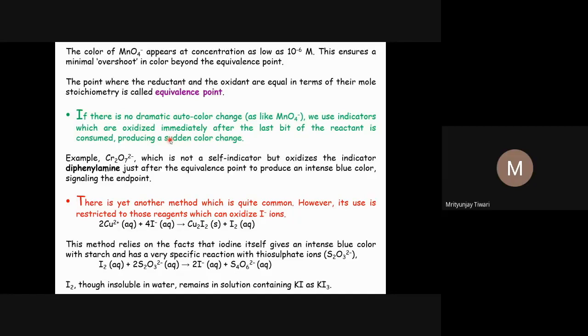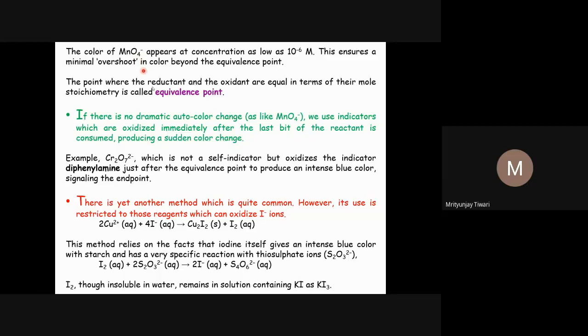Based on the color change, in the chemical transformation, certain reagents that we add are not the primary reactant. Initially, whatever reagent you add from the burette reacts with the primary reactant, and only with that reactant while it is present. Once that is completely consumed, like in the case of MnO4 that we have seen, once MnO4 has consumed iodide, we don't take any indicator.